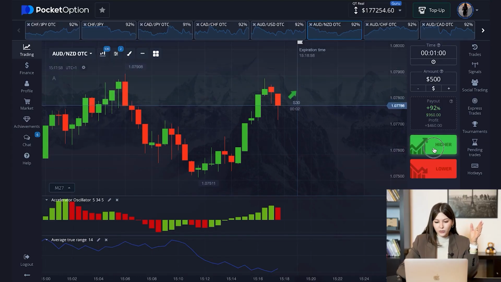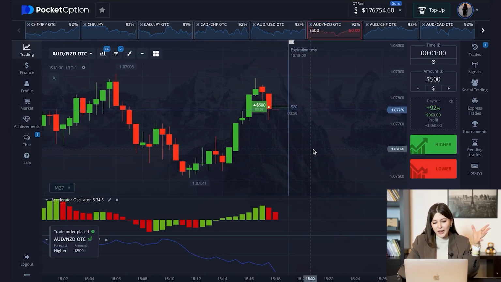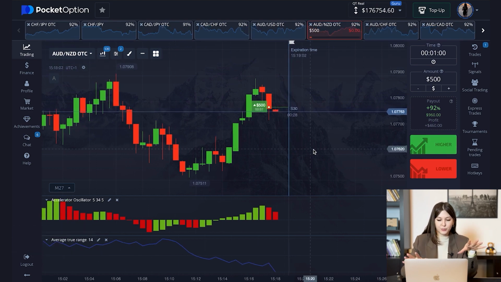The Martingale strategy is about doubling the amount of money that you put on a trade. For example, if you have a $500 unprofitable deal, on the next deal you put $1,000 to recover this unprofitable deal and have more profit. So here, for example, let's put for the higher. I'm just putting the trade at random